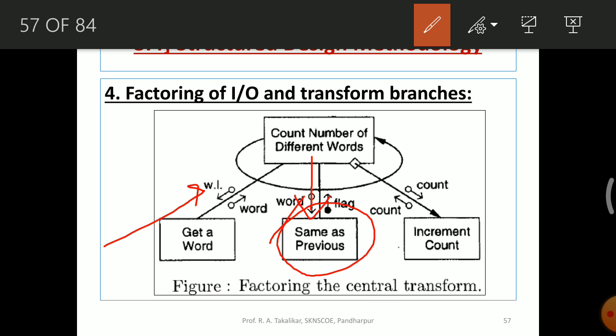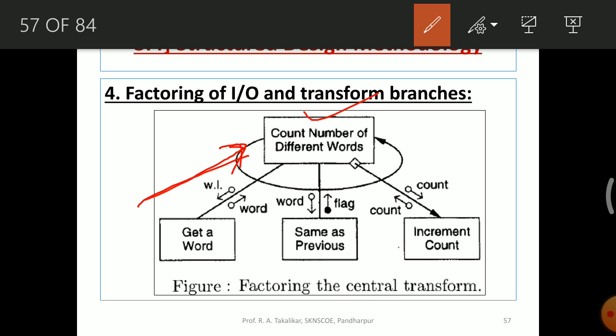Please understand, this count number of different words module is getting the input from the get a word module. What input is it getting? One word as input. Now this word has to be decided upon whether it has to be counted or not. Before it is counted, please verify whether it has already been counted or not.